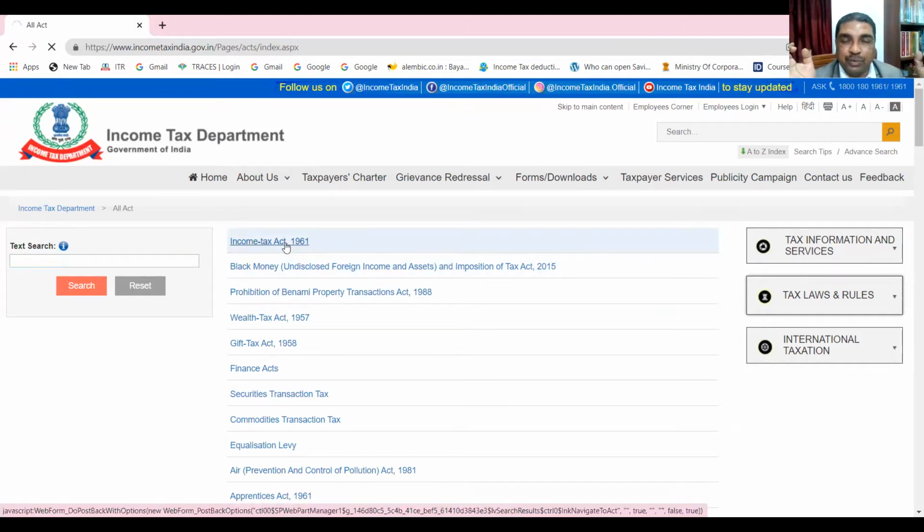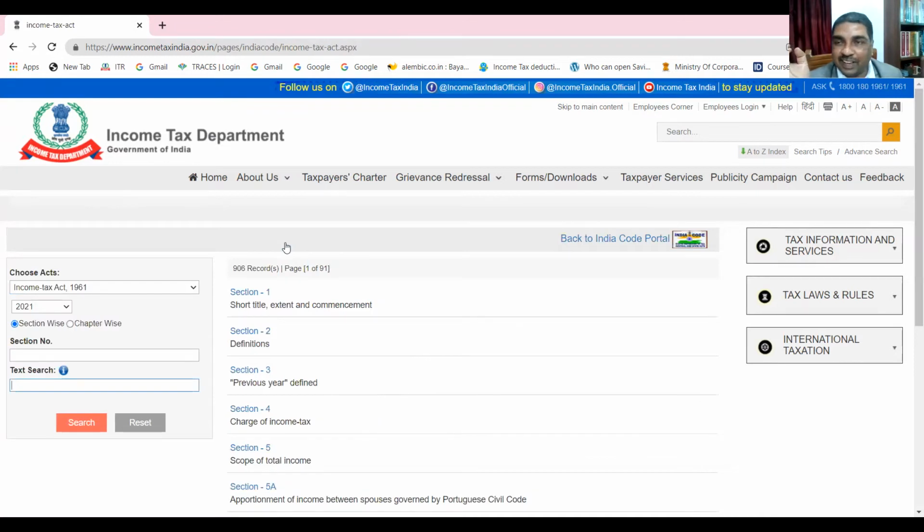Now you see, some of you might not have seen the Act earlier. Now we'll be getting a chance to see how Act looks like. Okay, now you try to understand that income tax is divided into certain chapters. Just like in the book, you find certain chapters. Income Tax Act also, there are certain chapters.